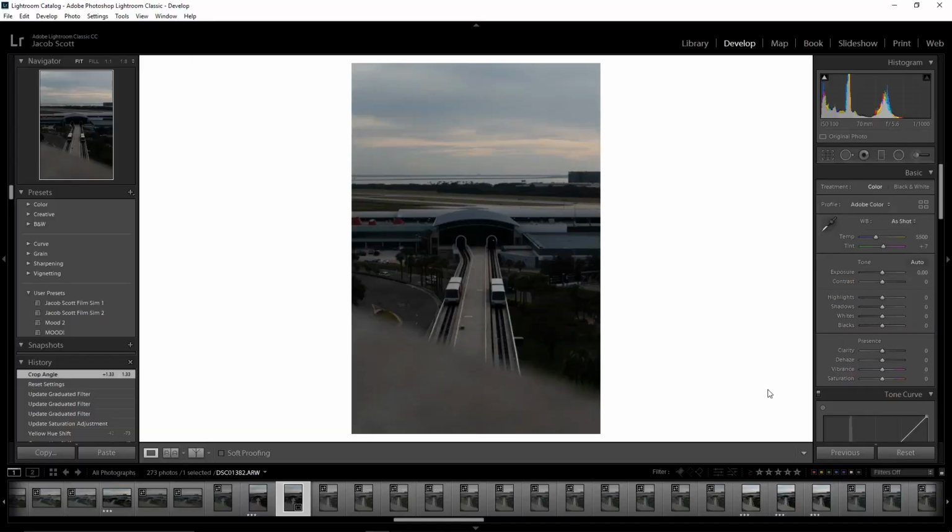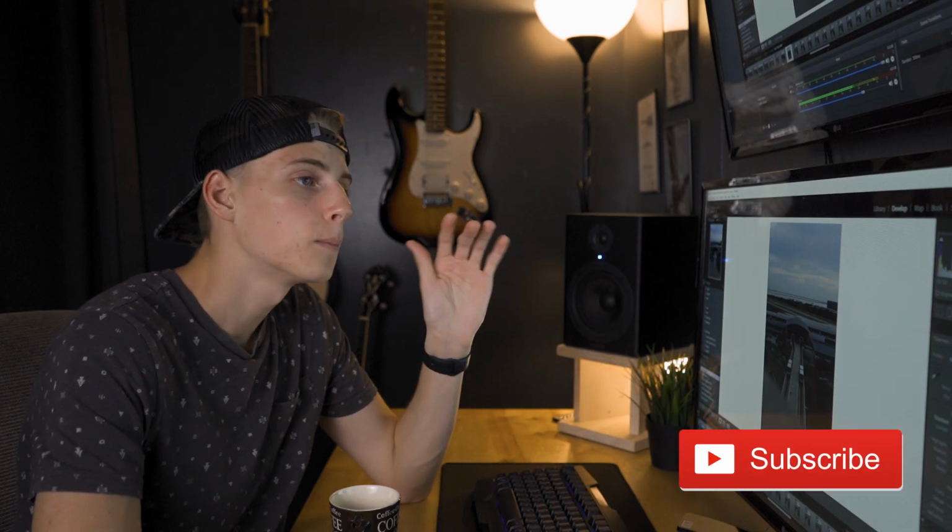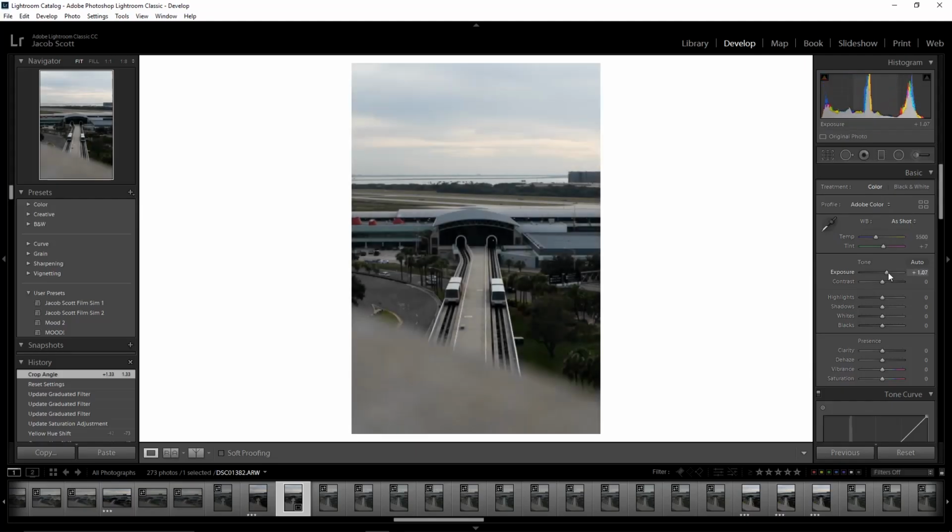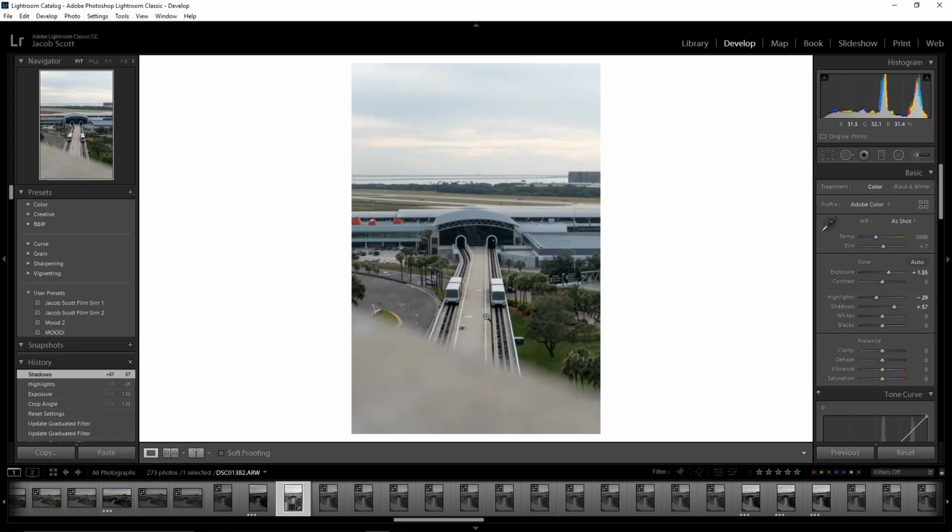As you can see, I underexposed this image. I was trying to retain as much detail in the sky, but I did underexpose it more than it really should be. So I'm going to bring the exposure up, just start making basic corrections to this photo. Bring the exposure up. I'm going to bring the highlights down some just to bring out a little bit more detail in that sky. Bring the shadows up to bring out a little bit more detail down here in the building and trees. And I'm going to bring the whites up just a touch